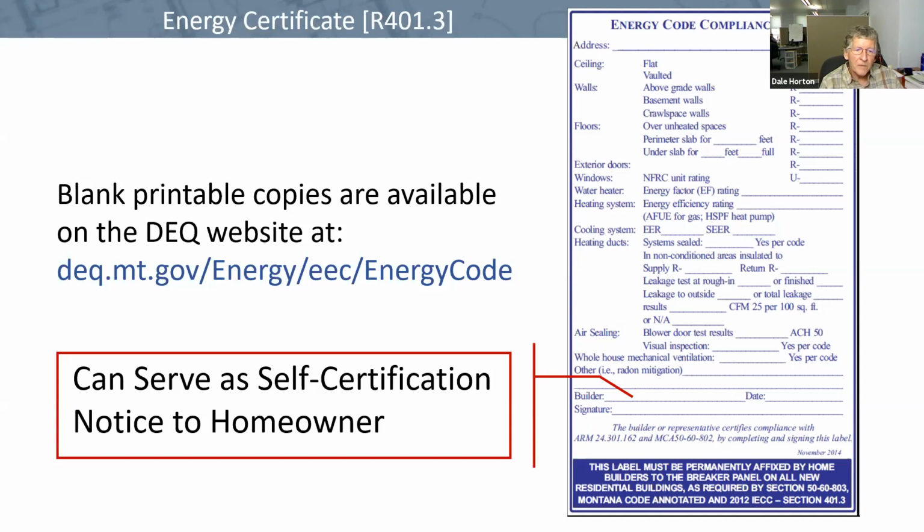And the state law creates a self-certification option, and that self-certification option says that builders who build outside of local jurisdictions have to provide the owner of the building with a written statement that it complies with the energy code. And a builder, if they sign this label and affix it to the breaker panel in the house as it's supposed to be, where it's supposed to be placed, then that is sufficient to meet that